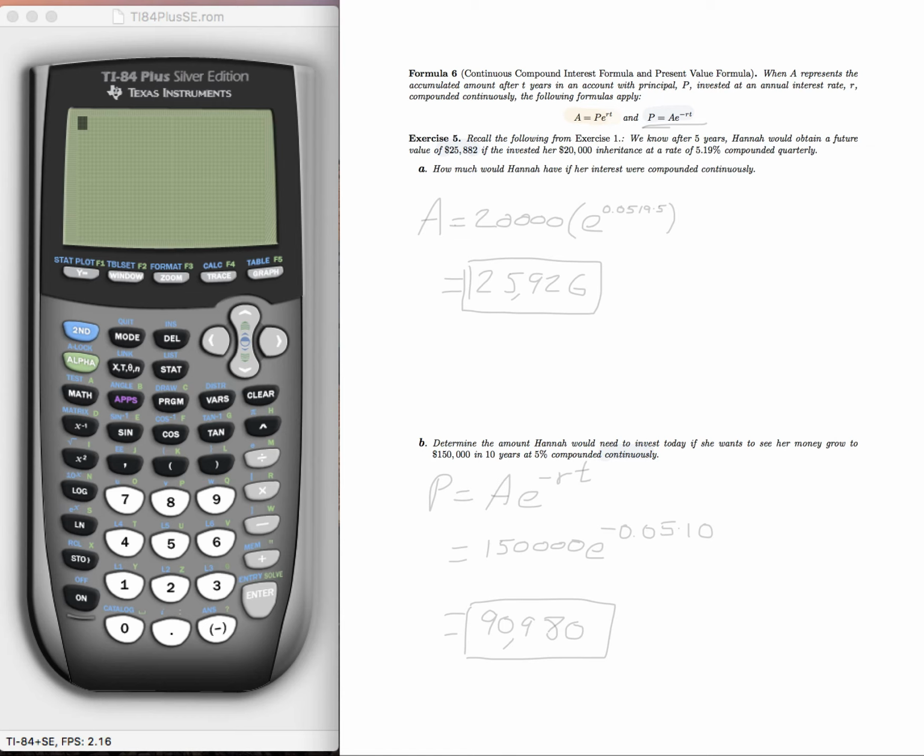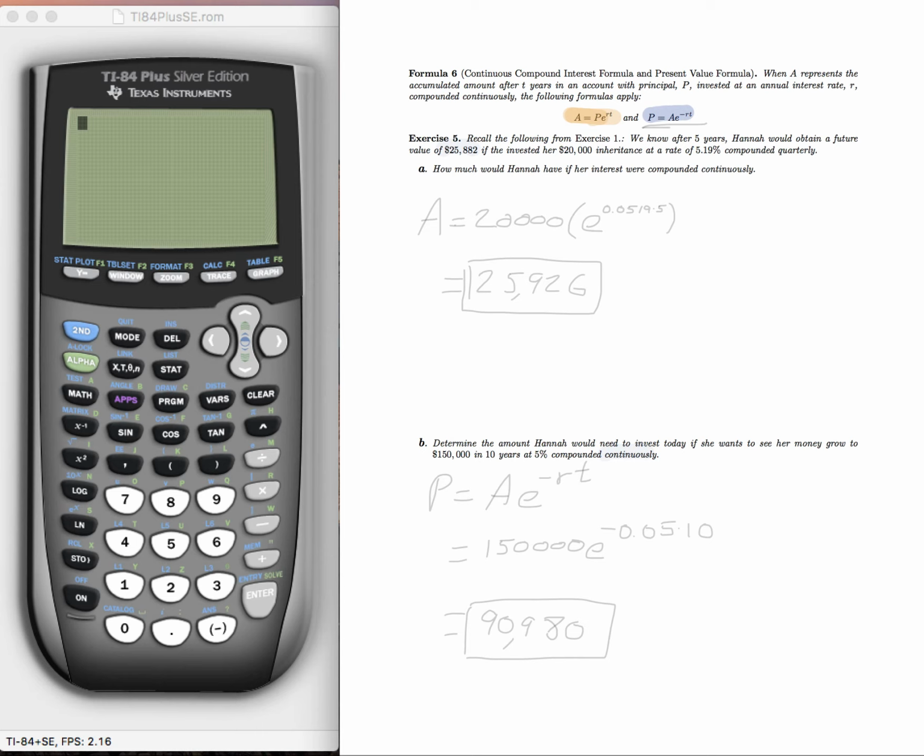And the formula that describes this, if you know the principal, the rate, and the time, you can find the amount using this PERT equation. And you can also, just as we did before, manipulate that equation and get a slightly different version that relates the amount, the final amount, the rate, and the time, so that you can find the initial amount that you